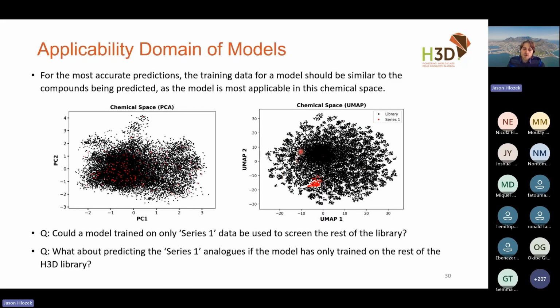So hopefully that's not too complicated. Your model is very focused in this local region of chemical space. And so to expect it to be able to generalize to this much wider region is probably not realistic, and you're probably not going to get very accurate predictions. And let's flip the paradigm. So let's say I train a model on all of the black compounds, and now I want to think about how well is it going to do at predicting the red compounds. I'll give you 5 seconds to think of an answer.